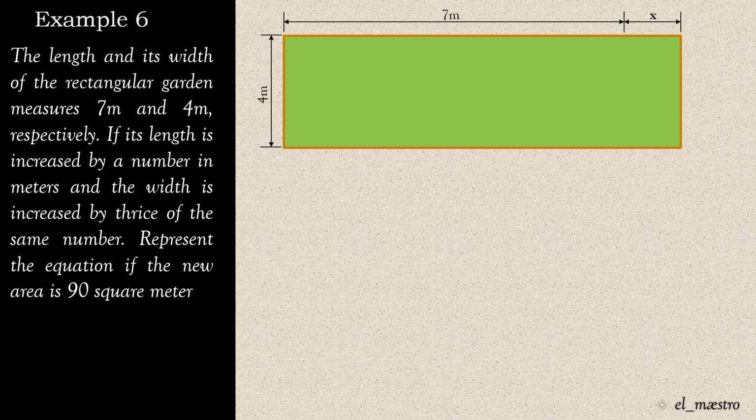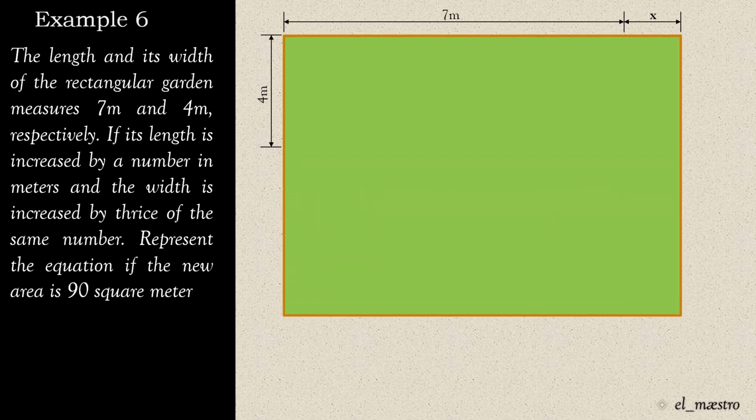length of the rectangle. Then, ingon siya, and the width is increased by thrice. So, ni-increase daw ang width katulo thrice of the same number. Meaning, kung unsa tong gi-increase sa imong length, katuluhon ato ni-increase ang imong width. So, meaning, ni-increase ang imong width three times sa imong gi-increase sa imong length. Nakuha? So this is now the new